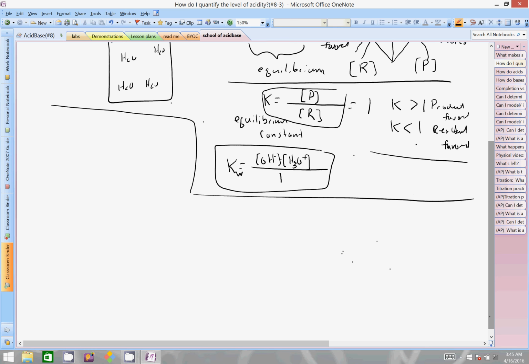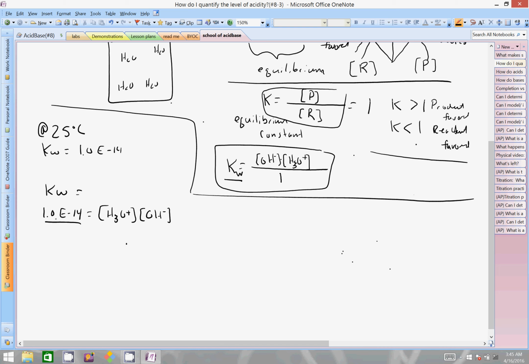Okay, what this means is, first of all, the K value is temperature dependent. So at 25 degrees Celsius, Kw equals 1.0 e to the negative 14th. This number is going to be static, 1.0 e to the negative 14th, and that equals the concentration of my H3O plus ions times the concentration of my hydroxide ions. Now, if this number is static, algebraically, we can have a situation where we